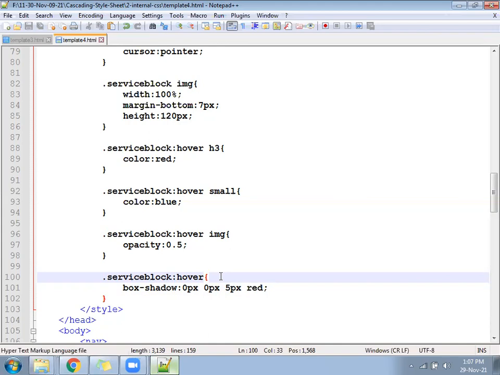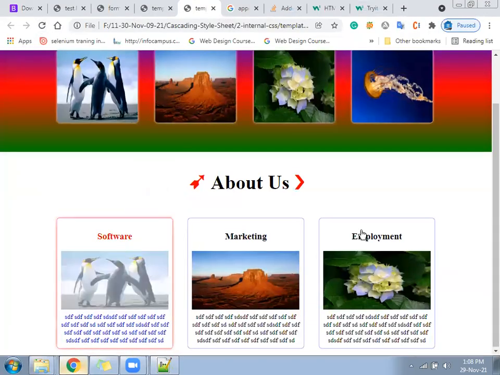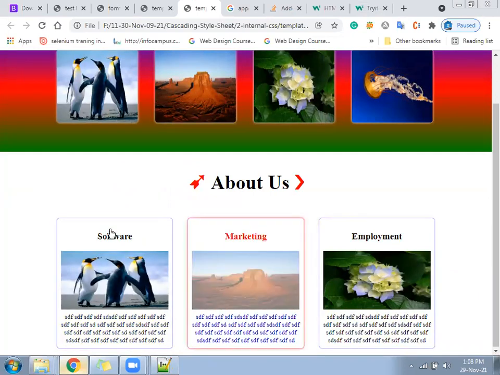What's happening? Something like this. Whenever the mouse touches that, the entire effect will get applied.